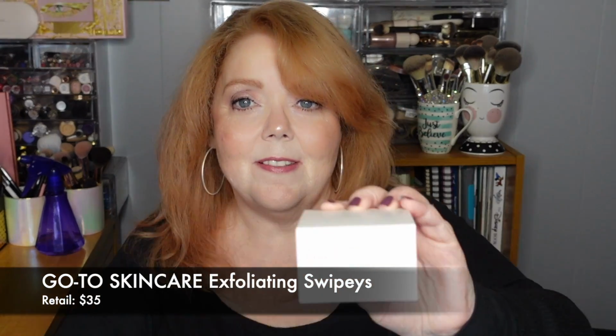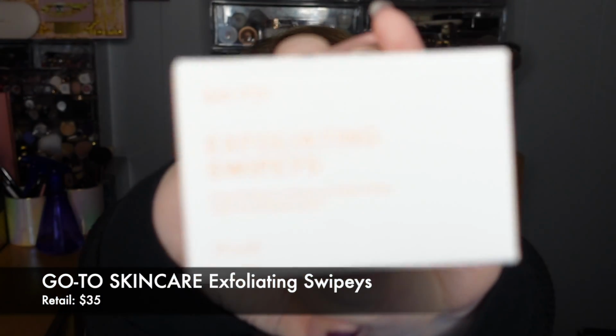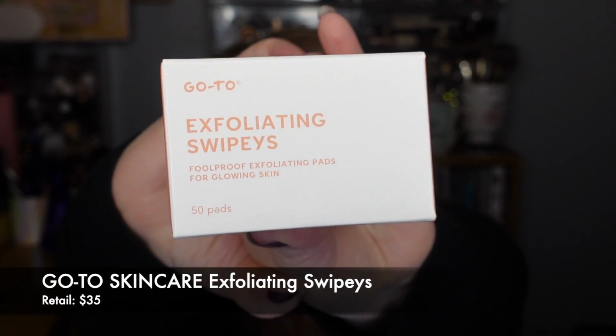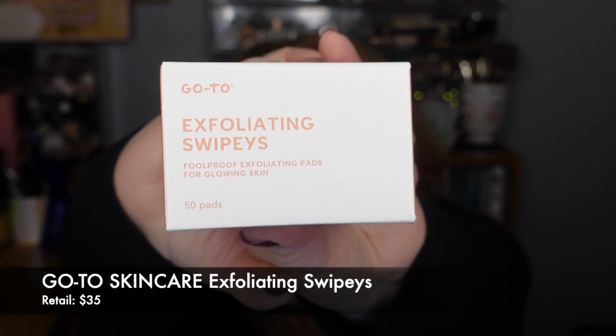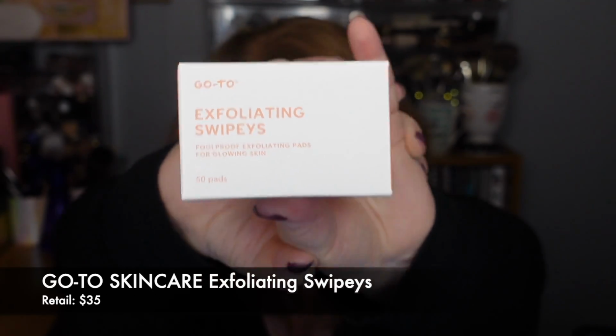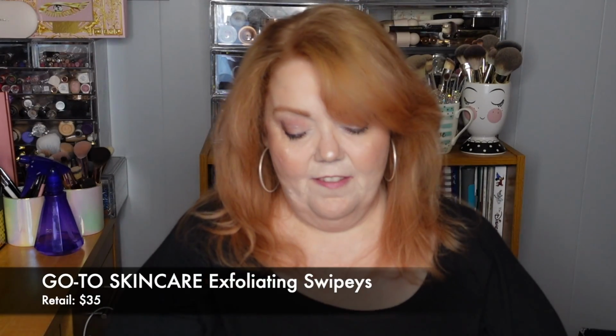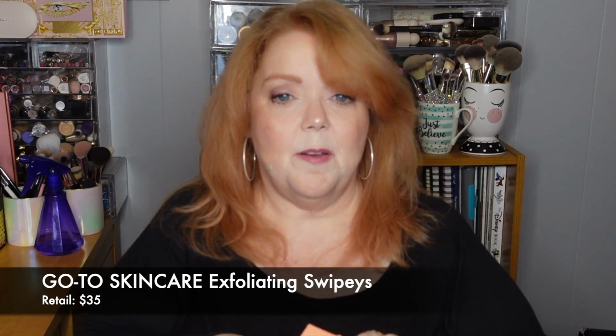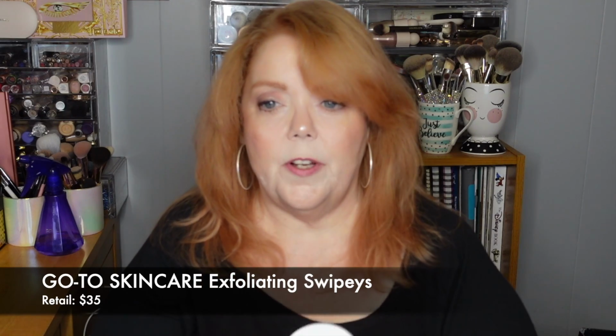Our next item is from Go-To Skincare, and it is Exfoliating Swipies. And just so you know I'm not making that up, hopefully you can read that, they are actually Swipies. These are single-use exfoliating pads soaked in an all-natural solution to get rid of dead skin cells and hydrate the skin. The well-documented effectiveness of lactic acid, the most gentle of the AHAs, is combined with ultra-hydrating essential oils to